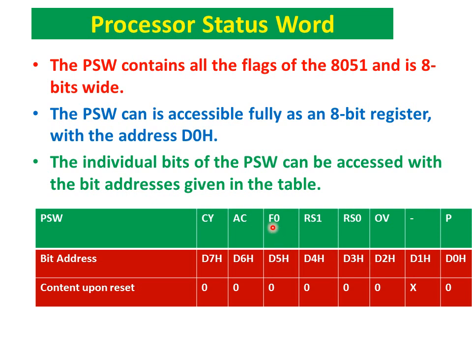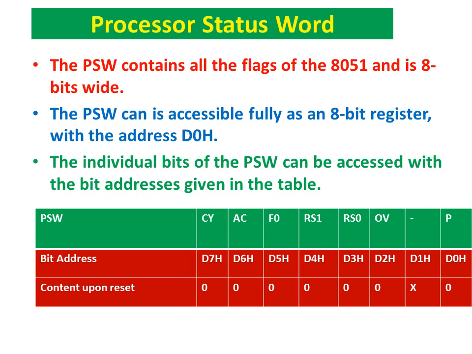And D5 flag bit is a general purpose flag. It can be set to 0 or 1, depending upon user convenience. And D6 is the auxiliary carry bit. It is an 8-bit ALU. While performing 8-bit ALU operation, if any auxiliary carry is generated, the D6 bit is set to 1. You remember AC auxiliary carry from the 8086 processor: if any carry is generated from the first nibble, the AC bit is set to 1. Same here also.